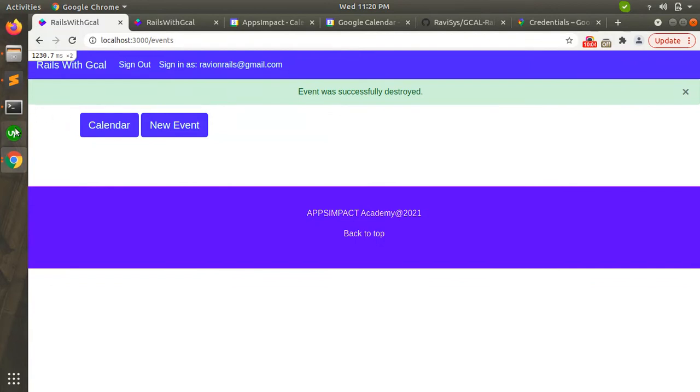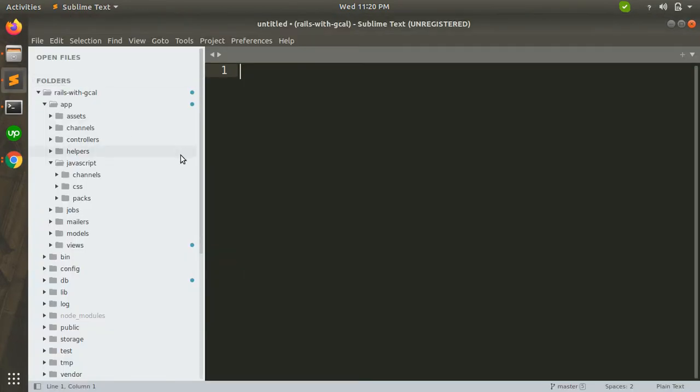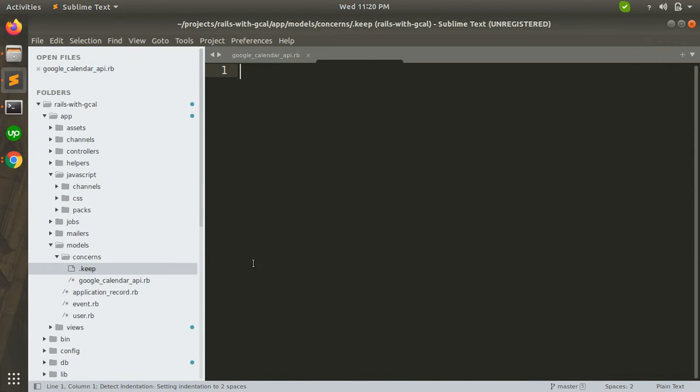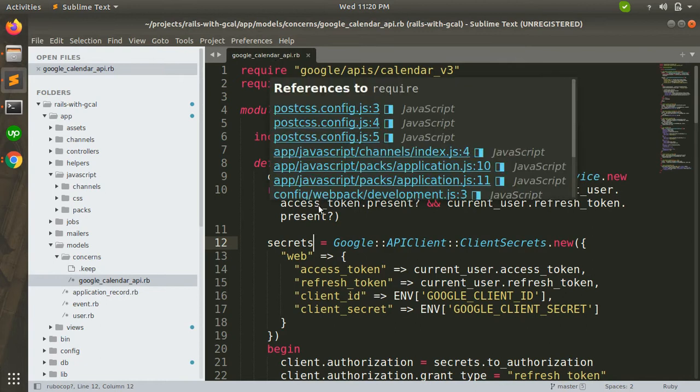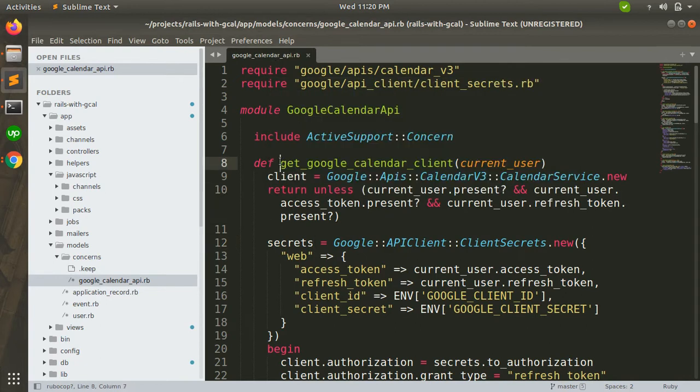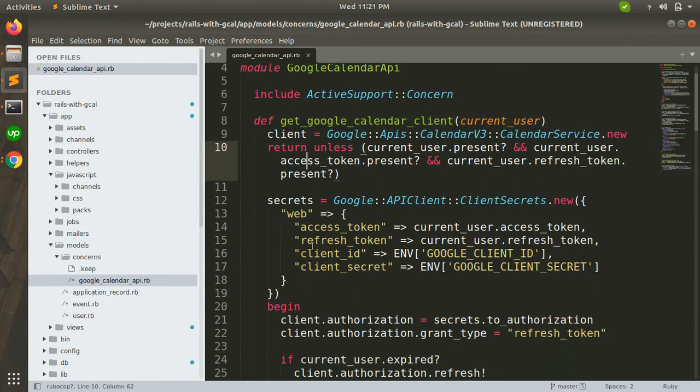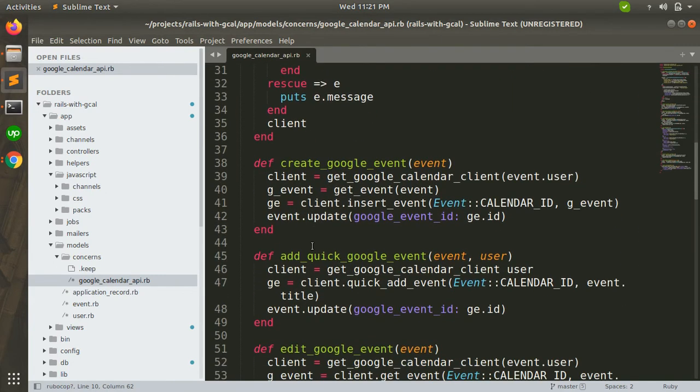Okay, now let me show you the code base here. Let's come to the model in concerns, and you will see the Google Calendar API. In this Google Calendar API, you will find everything. First, you need to authenticate your Google Calendar client, so this is the method doing that. And then you can create your Google event.